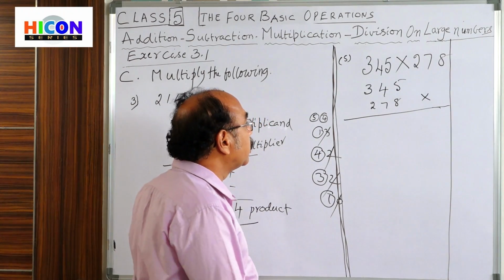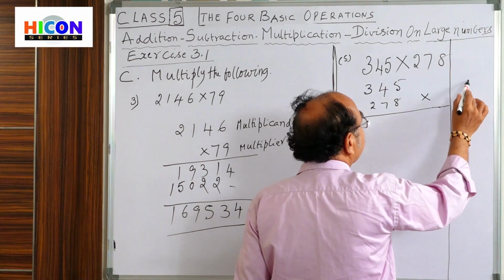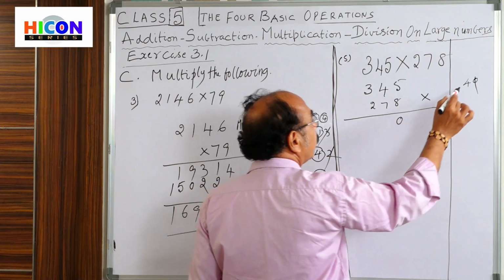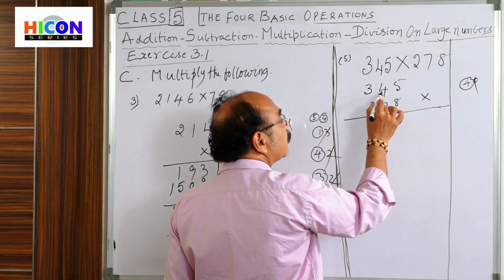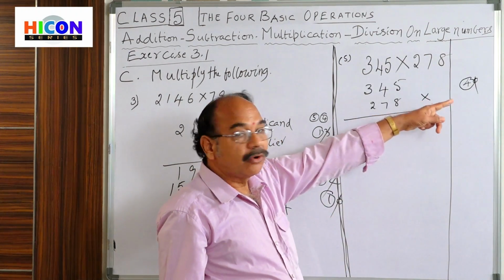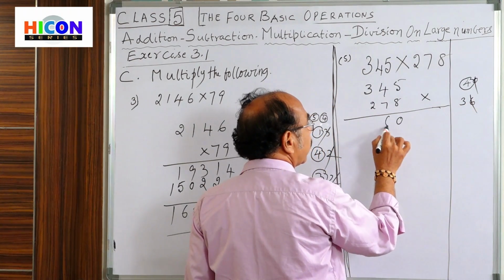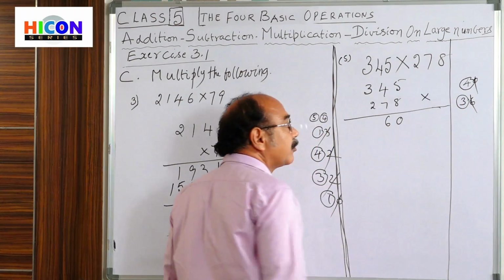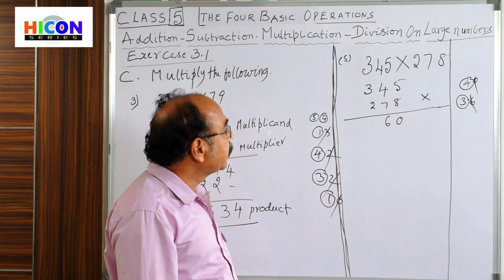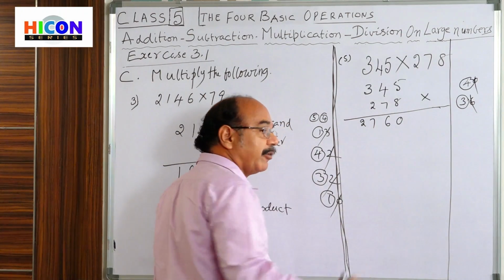Okay, now you see, multiply with 8 first. 8 5s are how much? 40. 8 5s are 40. Write 0, right? 4 is there, keep it. 8 4s are, how much? 32. 32 plus 4, 36. Write 6 right here. Now 3 is there. Now multiply 3 here with 8. 8 3s are how much? 8 3s are 24. 24 plus 3, 27.